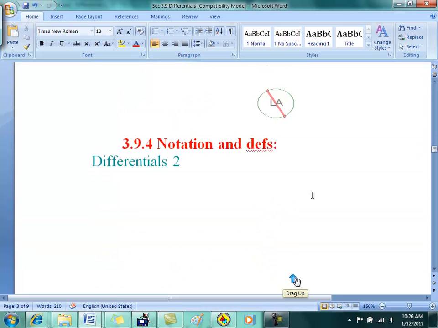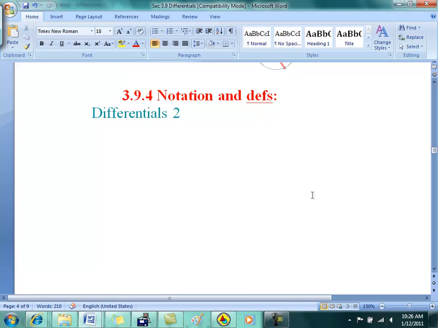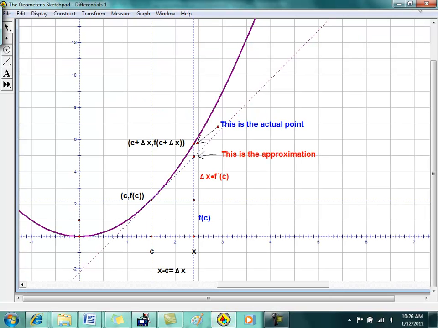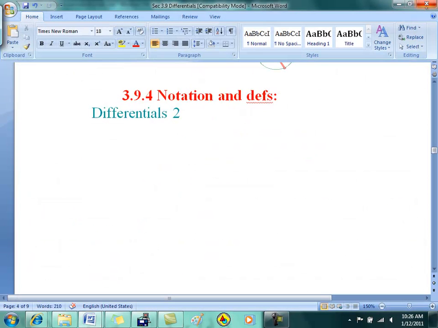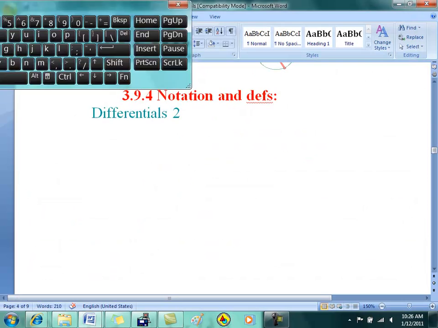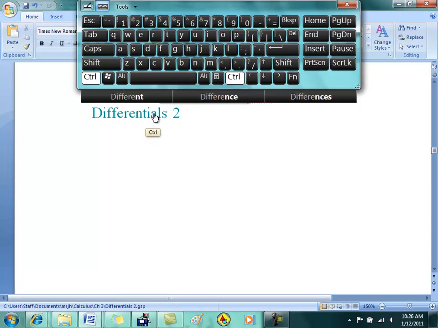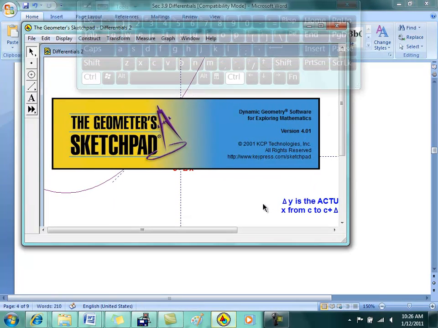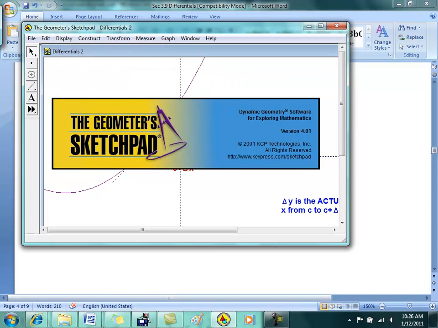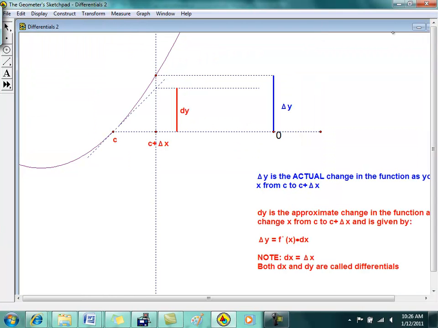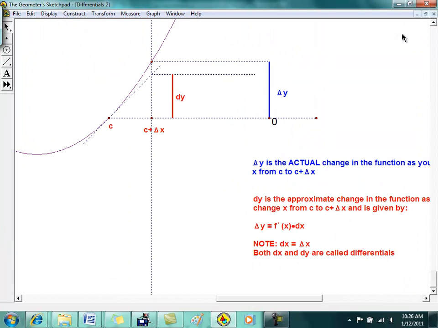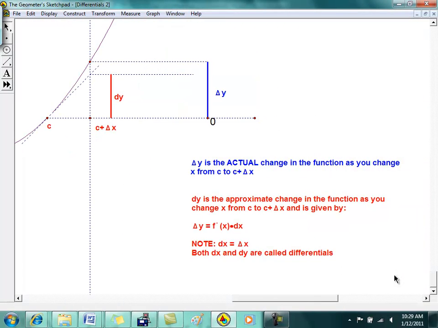Okay. The next slide is all about notation and definitions. Okay, so again, another pretty busy slide. I'm going to stop here. And the red stuff is called dy. Delta y is the actual